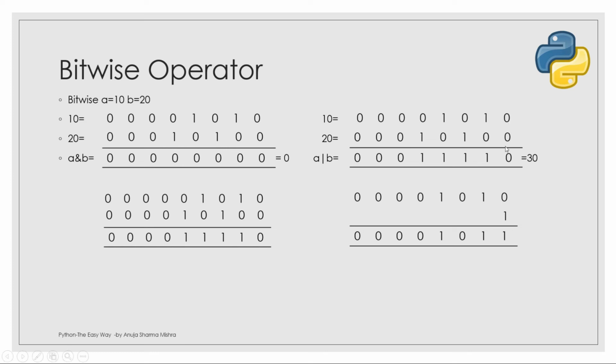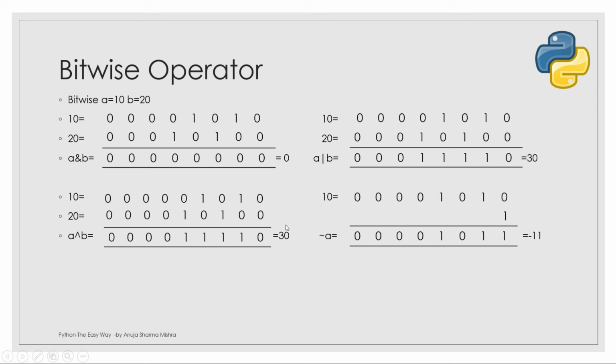So here you see 0 0 0. Now here 1 0, you have 1 coming, so the result is 1. Again 0 1, so the result is 1. So you get this result, and when you convert it into a decimal number you get 30. Similarly for XOR, you can go and check the truth table. Just rewind this video a bit and you will find that for XOR only and only one bit has to be 1, then you get 1, otherwise you get 0. So applying the same rule, you calculate A XOR B, and the result is 30 again.